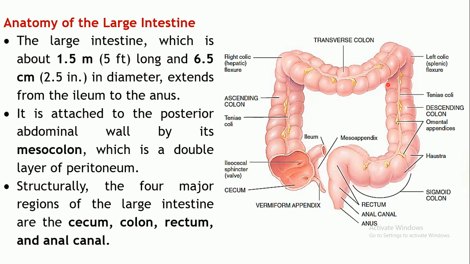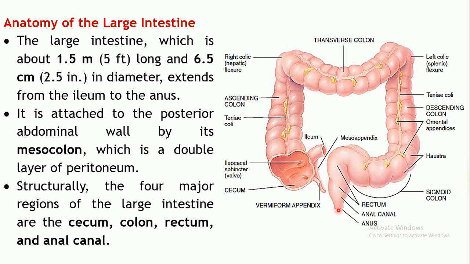If you consider the length of the large intestine, it is about 1.5 meters, as compared to the small intestine, which is roughly 3 meters in length. So the large intestine is quite shorter, so again the area of absorption is smaller, because the length is shorter as compared to the small intestine. It is almost half. The diameter, however, is quite big. It is 6.5 centimeters in diameter. It begins at the ileum and continues in the form of a tube-like structure, and it ends at the anus.